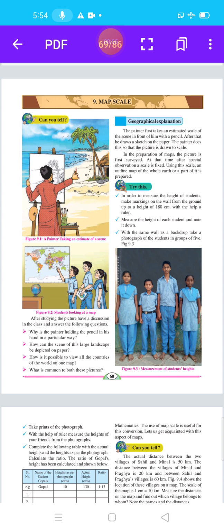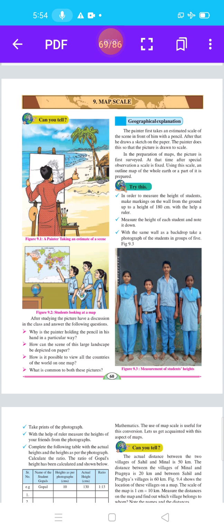In the last videos we completed 8 lessons. Now let us start lesson number 9, map scale. The name of our lesson number 9 is map scale. Here students, map scale has 3 types: verbal scale, numerical scale and linear scale.